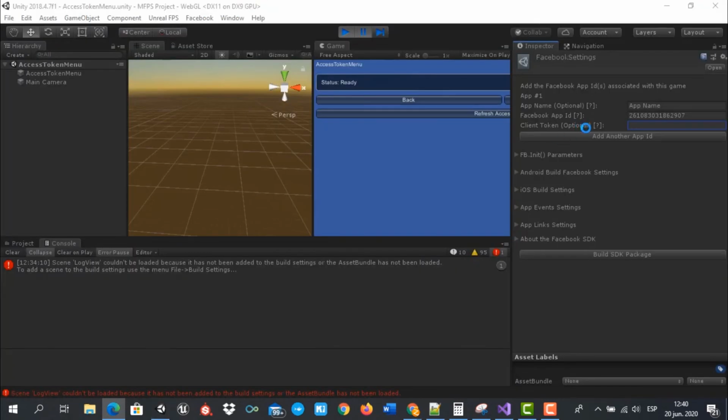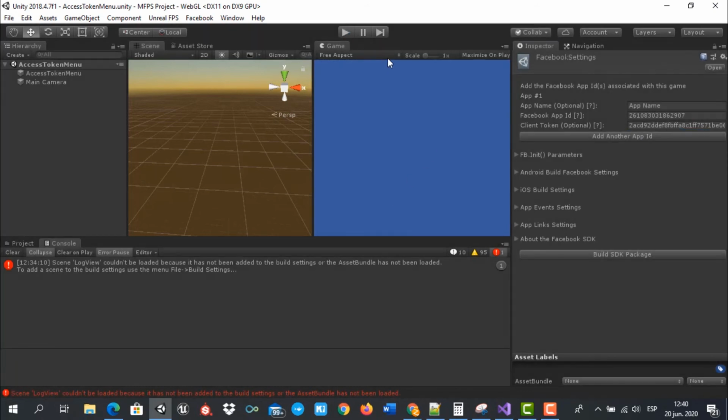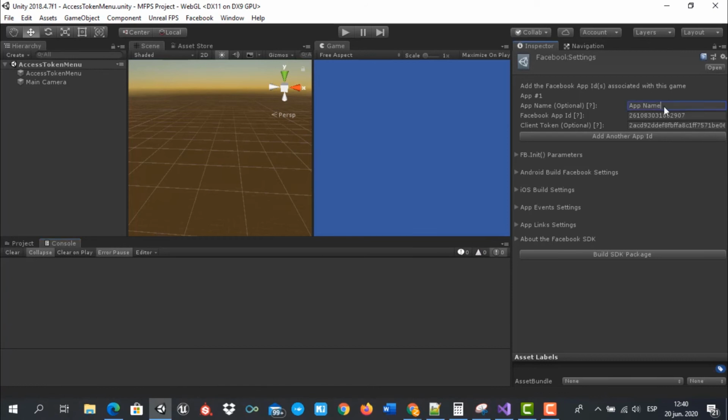I select this client token ID and put it in this option, and we can stop the execution of this scene in our Unity editor, and once we select the specific option in this editor,